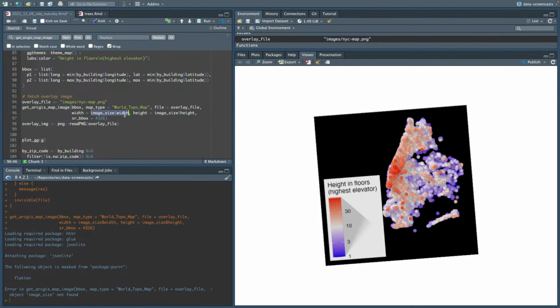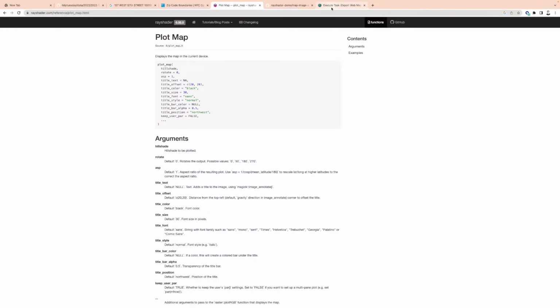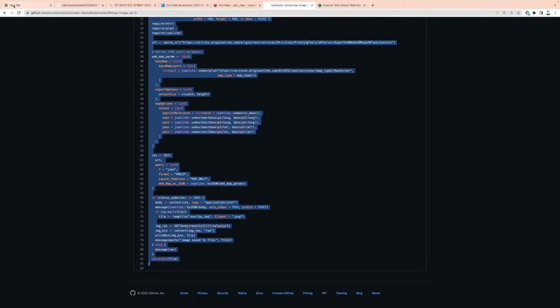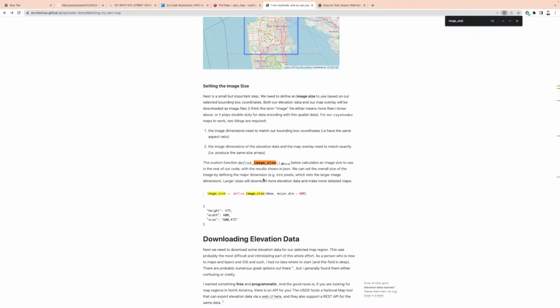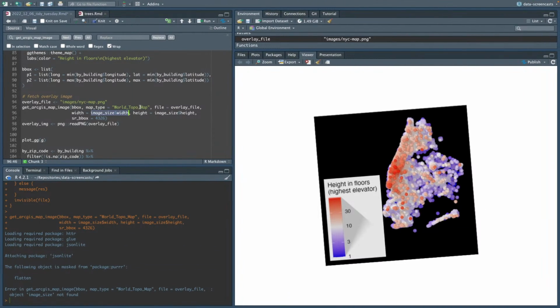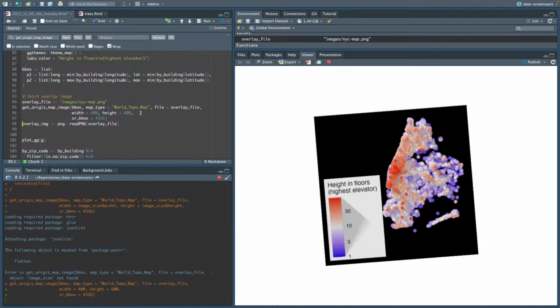I don't know what my image size, width, and height are going to be. Let's see. I don't know, height and 60. Let's try. We'll try other things later. I don't know, but if this works, then